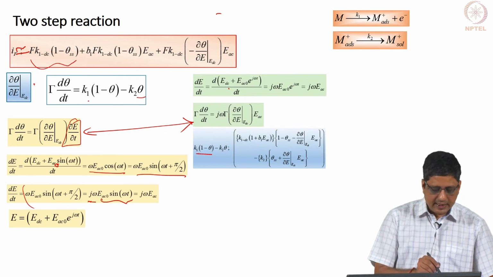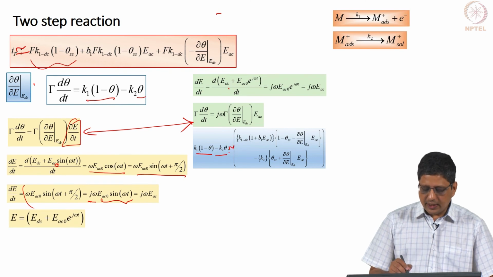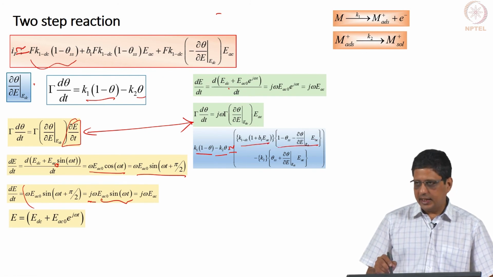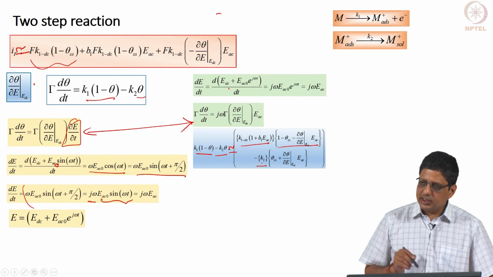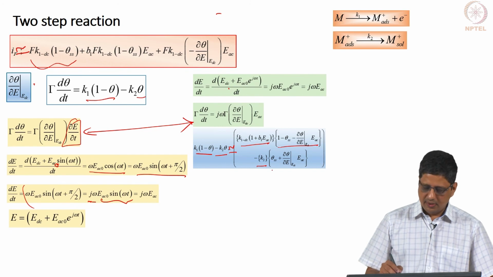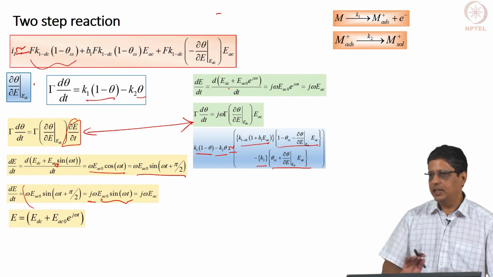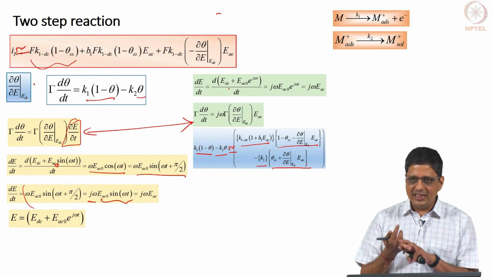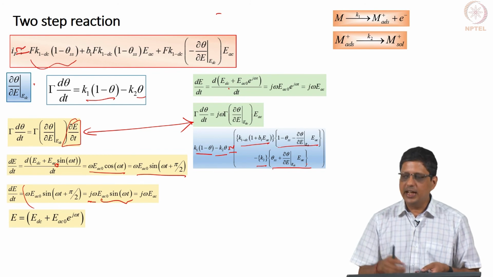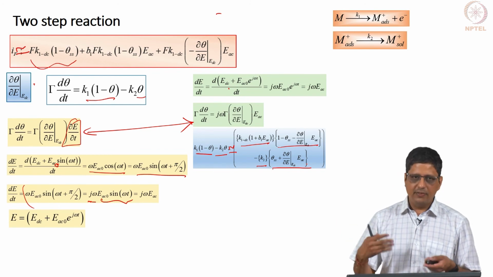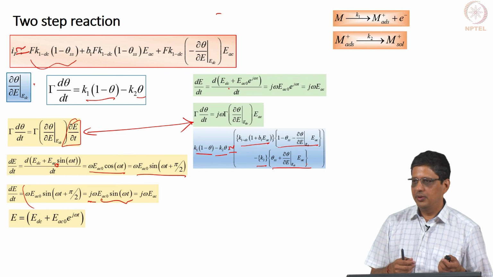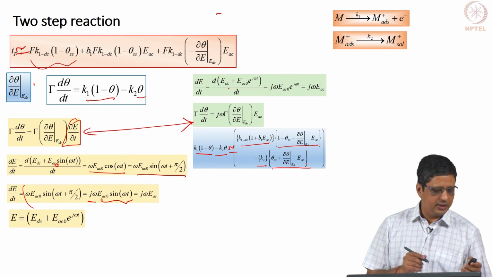So, k1 (1 minus theta) minus k2 theta. I am going to write approximately as k1, I am going to write in Taylor series and chop off, 1 minus theta I am going to write in Taylor series and chop off. K2 is a constant, so I am not going to bother about that. Theta I have to write again in the same way. Get all the terms, keep the constant, keep the term with EAC, throw away the term with EAC square. In this case, you will not get anything beyond EAC square. Some cases you might get even more than that, you may get EAC cube if I have 3 products k2 theta 1 theta 2 in some expression, does not matter, keep only EAC and the constant terms.